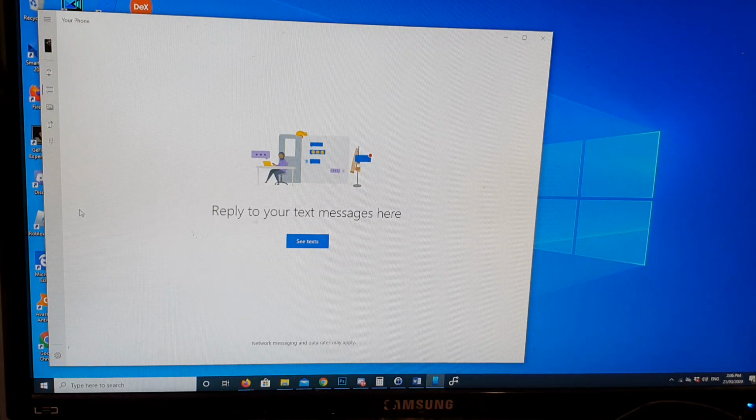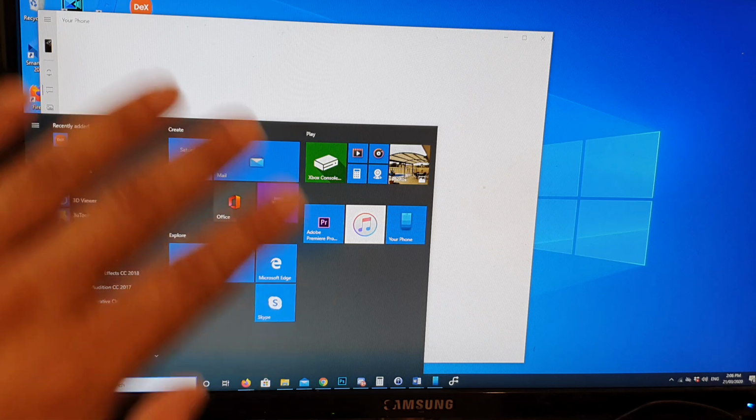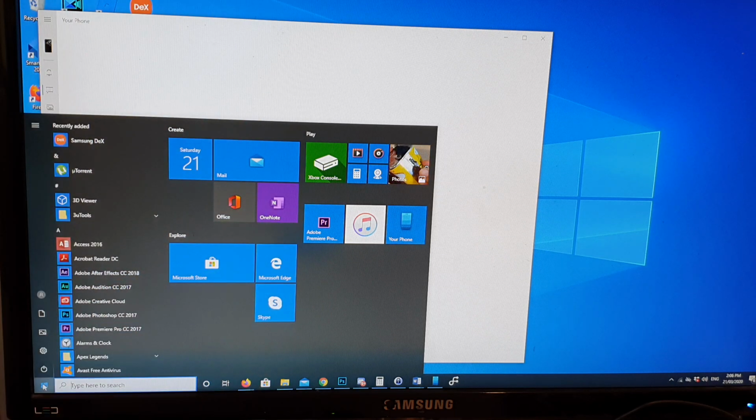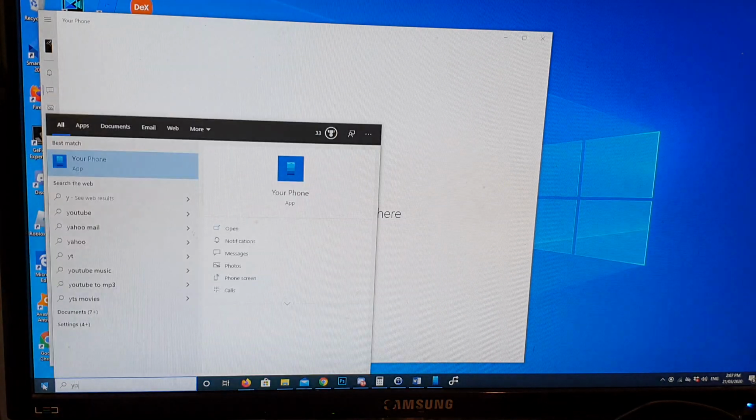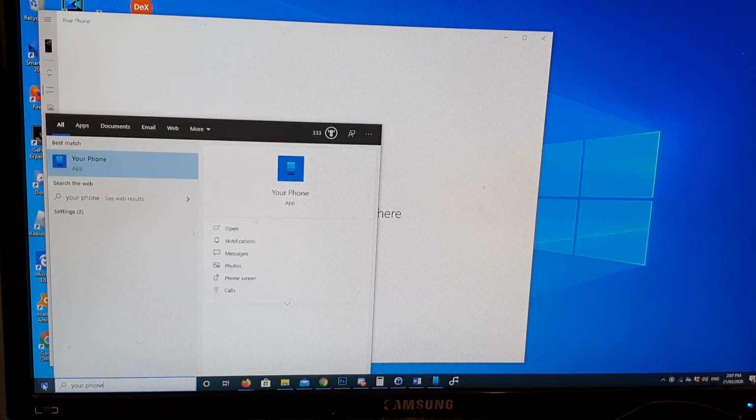To do so, on the Windows, you want to click on this Windows icon. Now there are a few ways to do this, so I'm trying to show you the easiest way. Right click on this, or you can left click on the mouse, and this will bring up this window here, and you can type in your phone. So type in your phone, and then what you want to do is right click and then click on app settings,